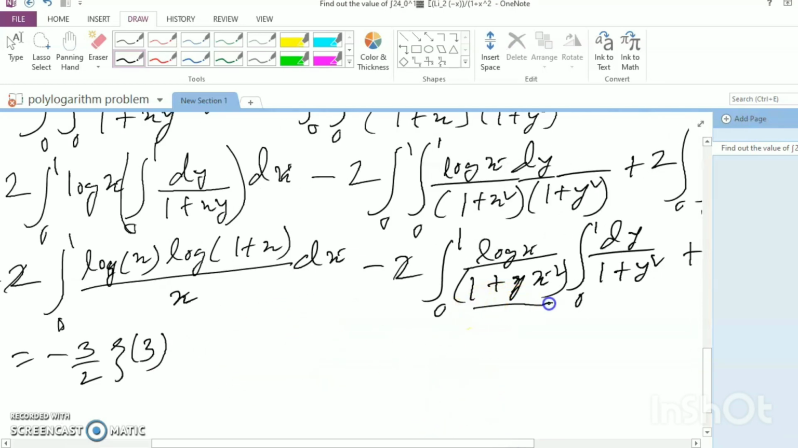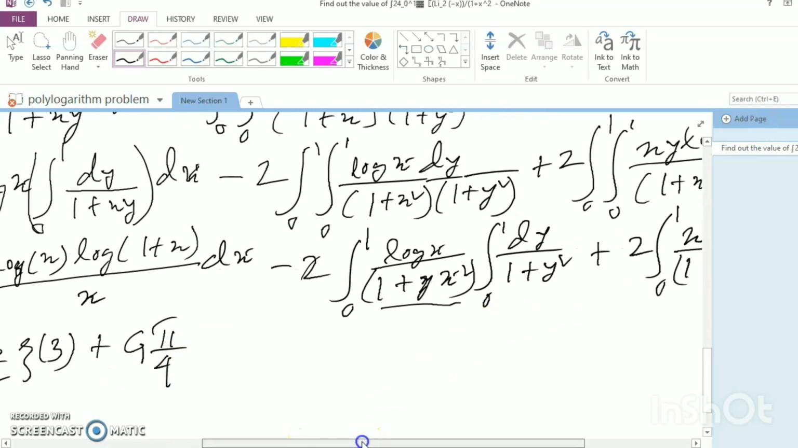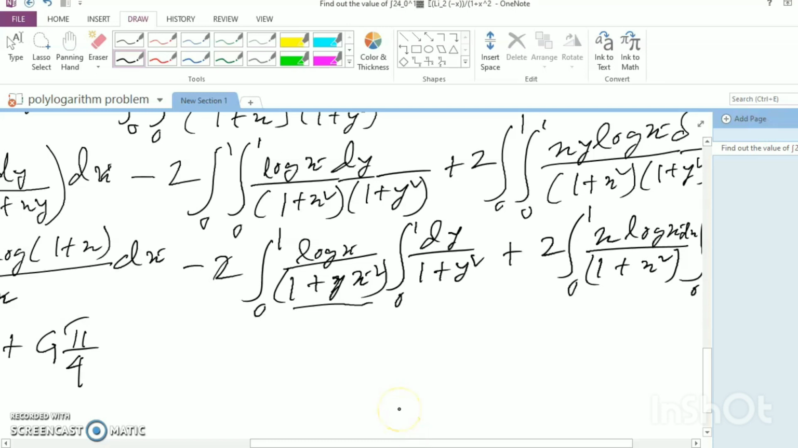Very fine, and this value is, we know, the Catalan constant G. This integration gives pi by 4, tan inverse y means pi by 4, so it is pi by 4 G. And this value, we know, is log 2, minus log 2,